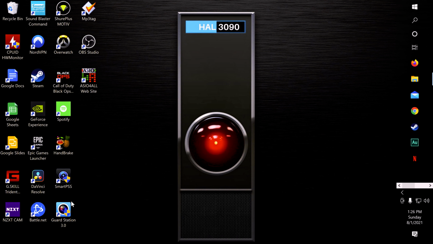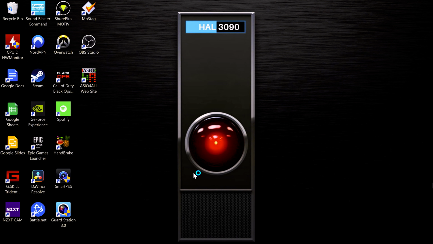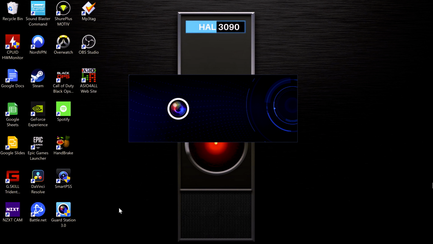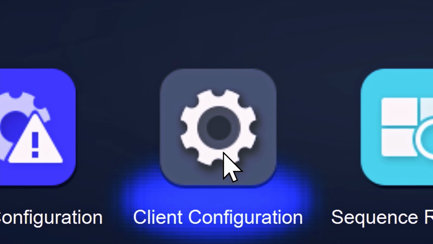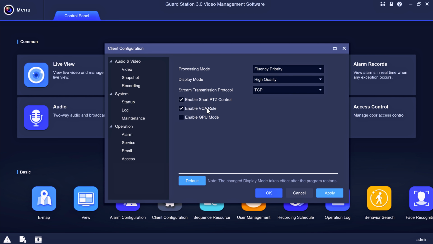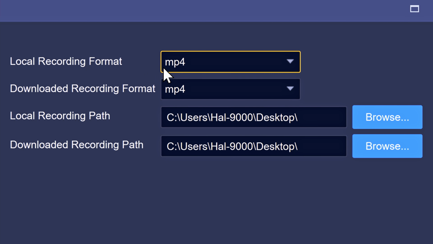Once you've downloaded the software, go ahead and open it up. You'll come to this screen, and the first thing you're going to want to do is come down to Client Configuration, and these are going to be settings for this software overall in general. For right now, we're going to come over to the audio and video, and we're going to come down to recording. Go ahead and make sure these are in the MP4 format. That'll make sure it's easy for our video